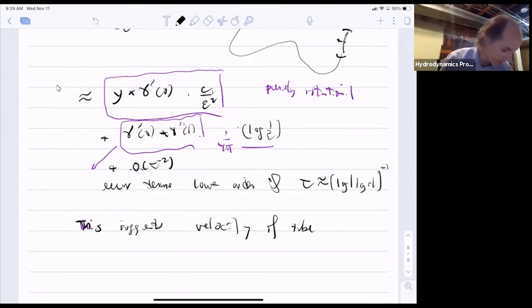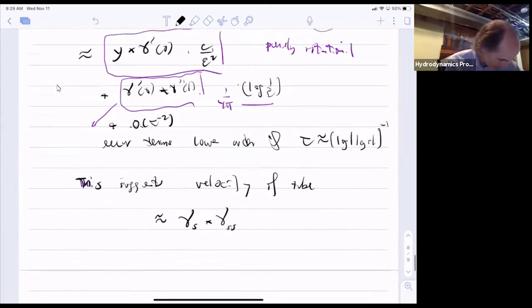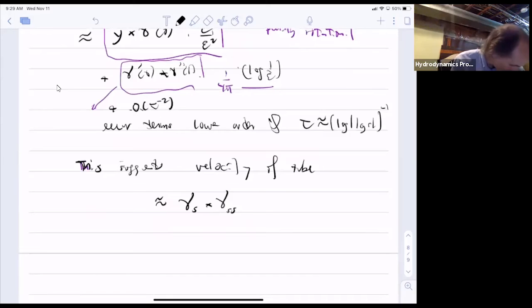So this gamma prime cross gamma double prime doesn't depend on the direction of the vector y. And the velocity of the tube should be gamma s cross gamma s s. So the conjecture is